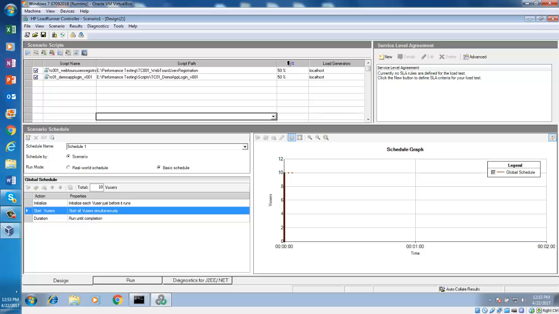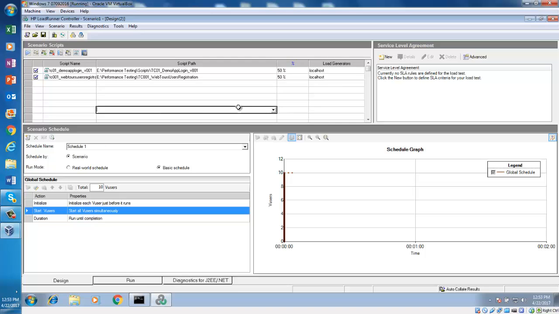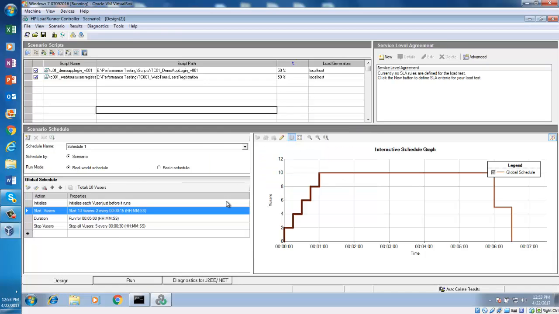Sure. So if you see in the basic schedule, you can see 10 users, and from here these are the basics. It is a little bit different. You can start all users simultaneously. You have 3 options here, right? If you go to real world, then you will see you have multiple options here, right?